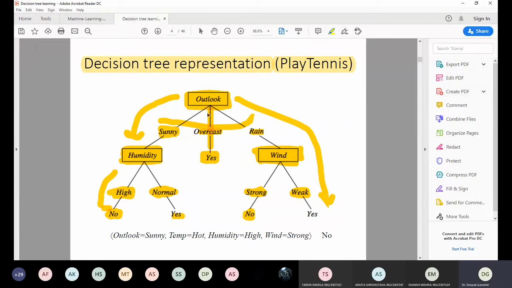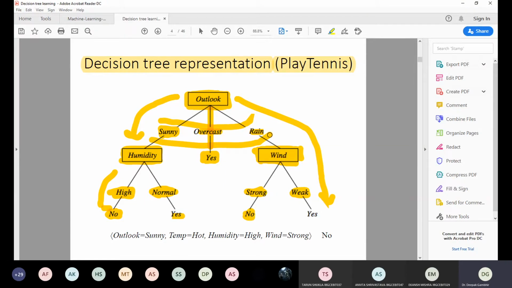But it is also very tricky how we make the decision tree. We can get the output from the decision tree. If you make a decision tree from a database and are able to present it, then that decision tree may include disjunction, conjunction, and negation. You can include anything with this decision tree.